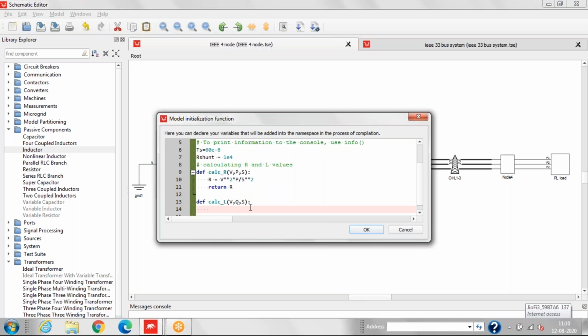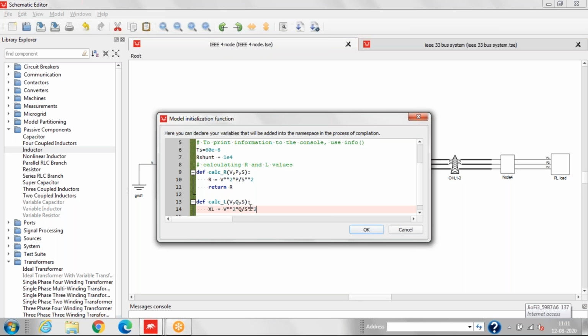Now it will be defined using Excel. That will be equal to V square Q. For that we have to first multiply this and divide by S square.